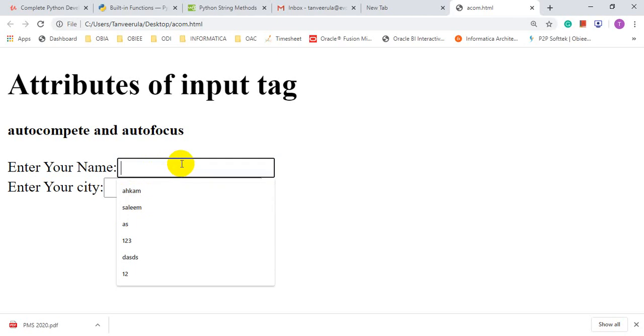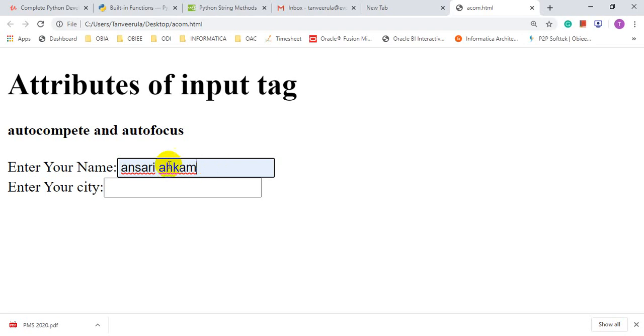For example, if I write A, all the values starting from A will display. So you can take any value. You cannot write anything, but when you click on that, it will assist you to complete the sentence, to complete the word, which was earlier used.